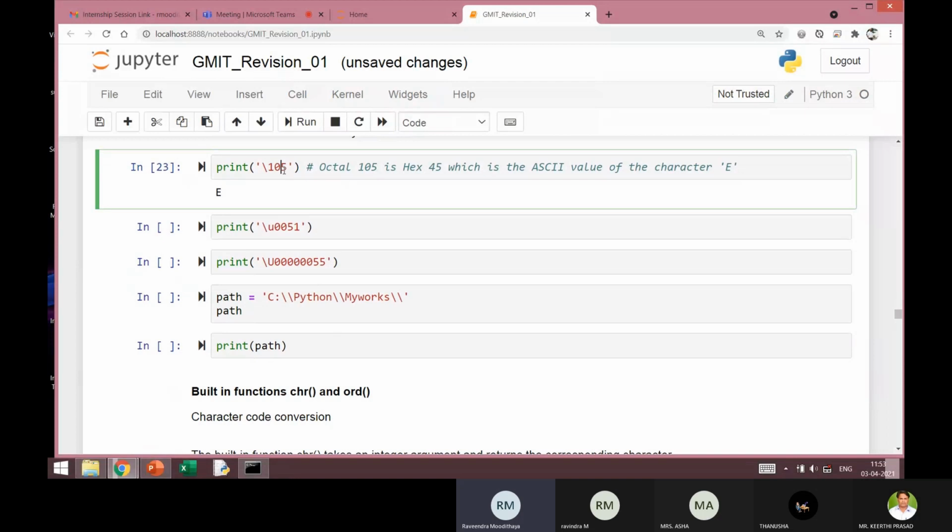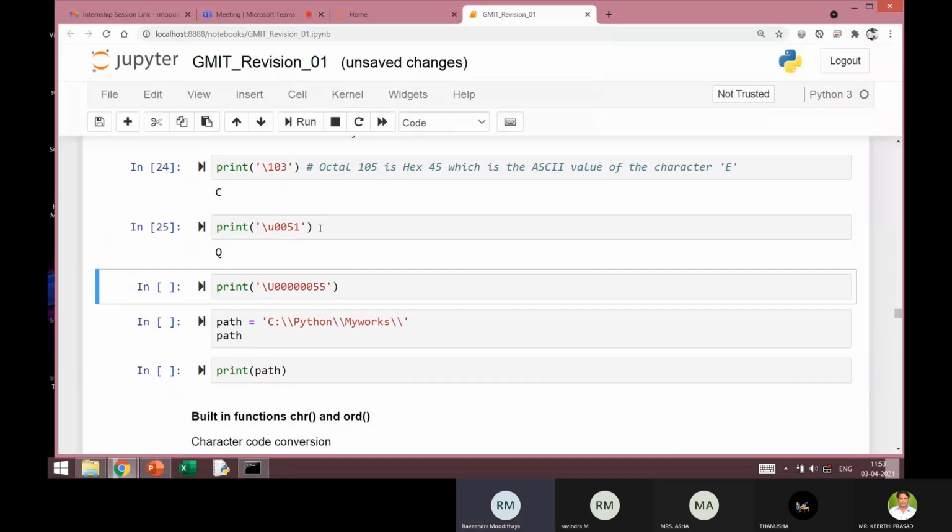Now, if I change this number to, say, 103, then you can see the corresponding character is C. And here the Unicode is used, which is a 16-bit hexadecimal number 0051, and the corresponding value is Q. If I change this number to 55, the corresponding value is U.